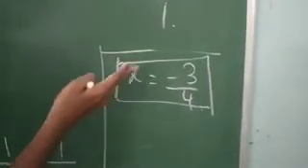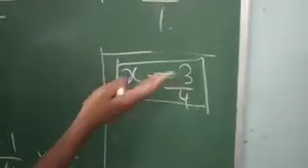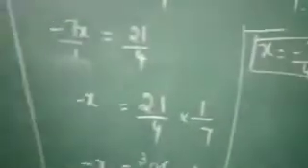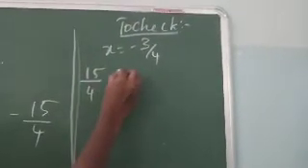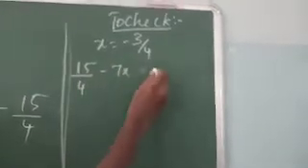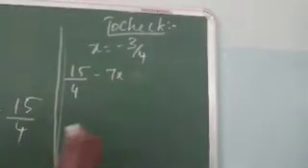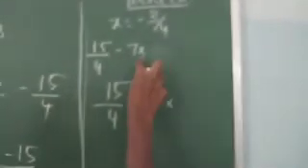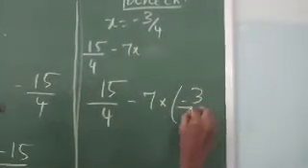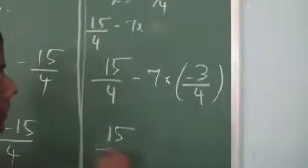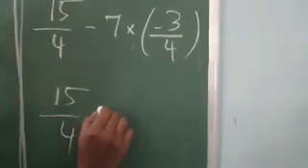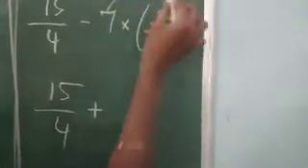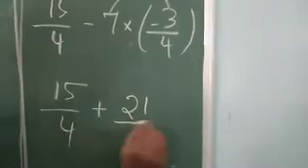Now the next thing is, you have to check whether this x value is right or not. So you do this in your rough work. Shall we check? What is the given equation? 15 by 4 minus 7x is equal to, we have to get 9. So shall we check whether we are getting 9 or not. So 15 by 4 minus 7 into, what is the x value we have found? Minus 3 by 4. So now you keep 15 by 4 as it is. Here you see minus, so minus into minus is how much? Plus. Now you multiply these two numbers. 7 3s are 21. 21 by 4.